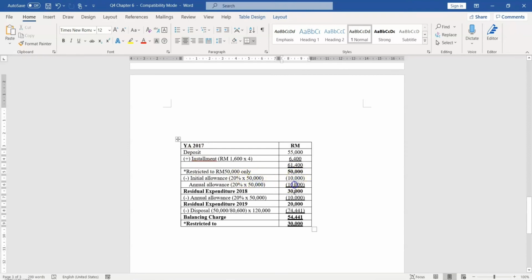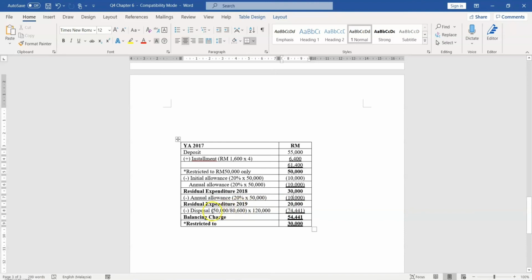And then we get the RE in 2018, and then in 2018 we just calculate for annual and no more initial, because no more installment, because we restrict to 50,000 only, so no more added value. So we continue to minus annual allowance, and then we get the RE 2019 20,000, and then disposed in 2019,